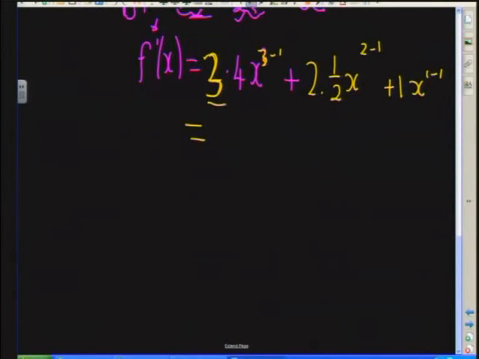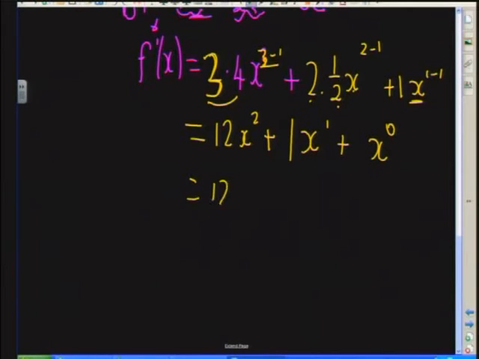So we get 3 times 4 is 12, x to the power 3 minus 1 is 2, plus 2 times a half is 1, x to the power 2 minus 1 is just 1, and then I've got plus x to the power of 0, and this is why I was saying exponents become very, very important, because if you've learned your exponents, you will know that x to the power of 0 is just 1. So our